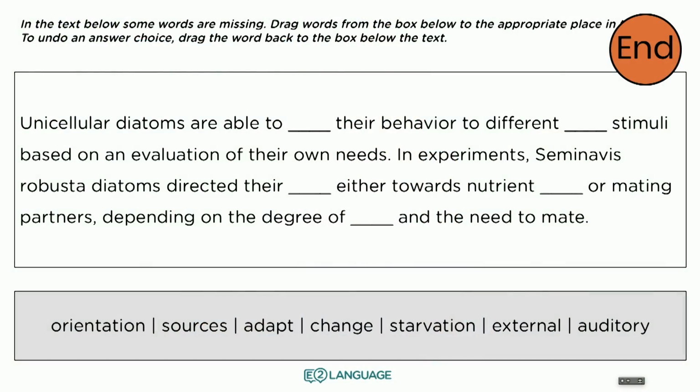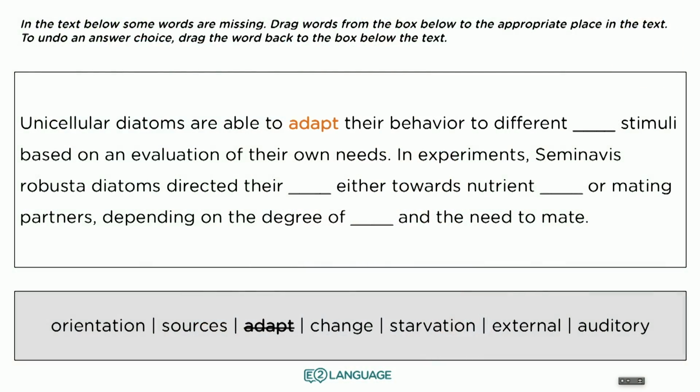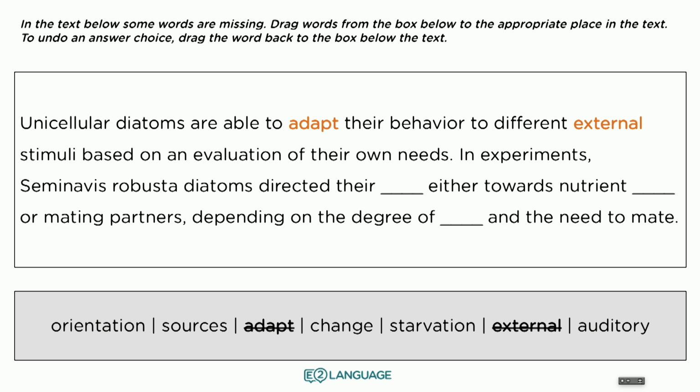Let's go through the answers to this one. So first of all, these unicellular diatoms actually adapt their behavior to different what? We have stimuli, so we need an adjective. We look down the bottom, we see auditory is an adjective. We see external is an adjective. So we have to choose between those two. That's pretty good. That gives us a 50% chance. Now from the context, we would choose external stimuli, adapting to external stimuli based on an evaluation of their own